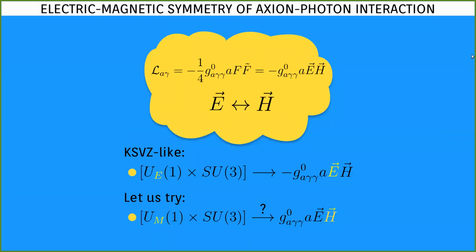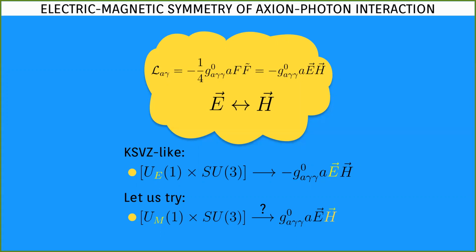So let me continue. The motivation of this work was just the observation that the electric and magnetic fields are introduced symmetrically in the axion-photon Lagrangian. In fact, the vacuum Maxwell equations are known to be symmetric under the electric-magnetic fields interchange, and